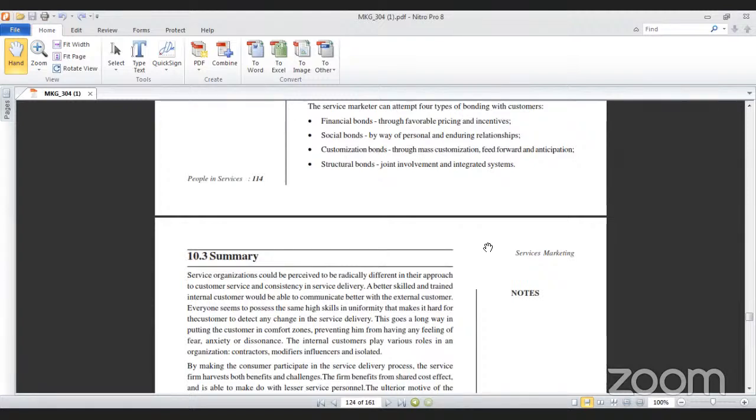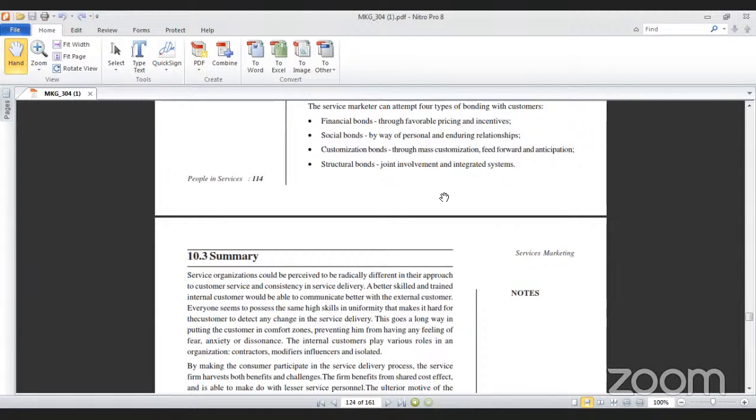Unfortunately, that makes it hard for the customer to direct any change in the service delivery. This goes a long way in putting the customer in comfort zones, preventing him from having any feeling of fear,